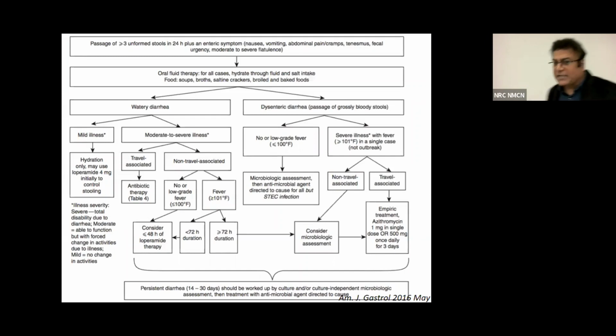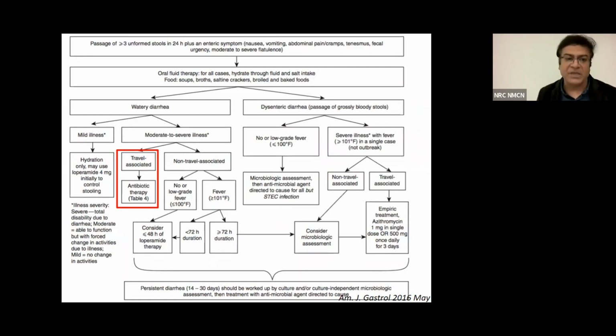So this chart sums up whatever I have said. Importantly, what you need to see here is whether the diarrhea is watery or it is dysentery. So dysentery, as I mentioned, typically is the presence of blood in the stools. If the diarrhea is watery, then you need to see whether the patient is having mild illness or moderate to